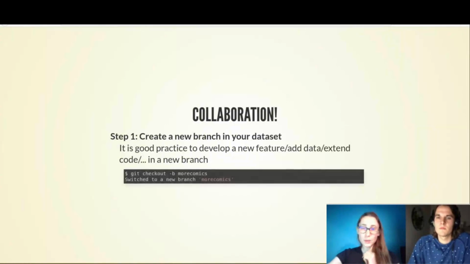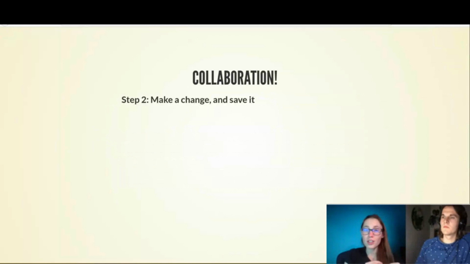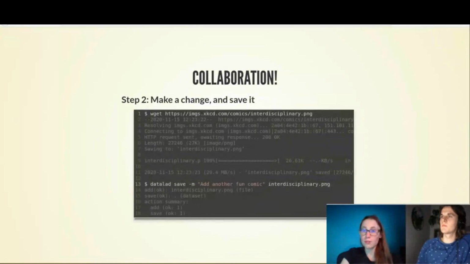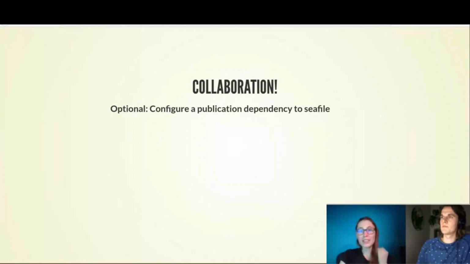It's quite easy to create a new branch. One way to do it is with the git checkout -b command that creates a new branch. In this case, it's called more comics, and it also checks it out so that I'm on top of that branch and can make my changes. And then I can add the changes that I want to do. So in this case, get another comic and save it. And now it's my turn to push back